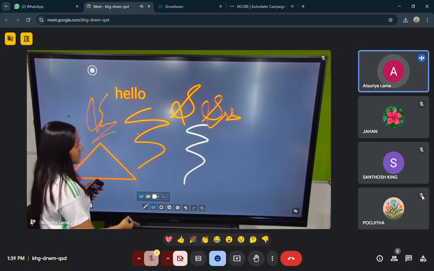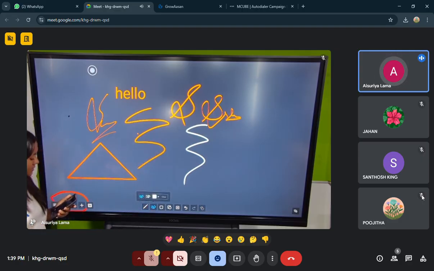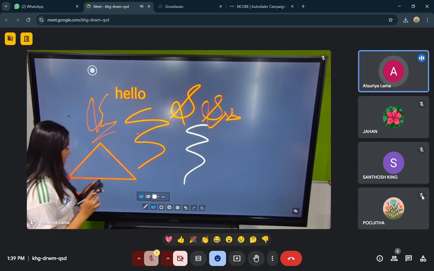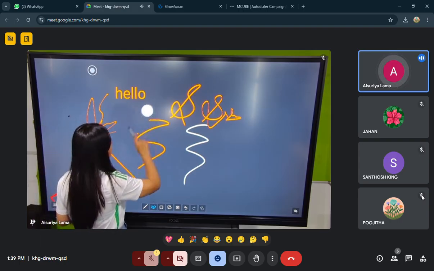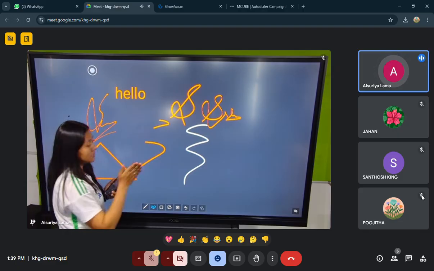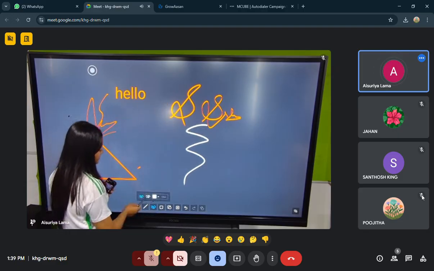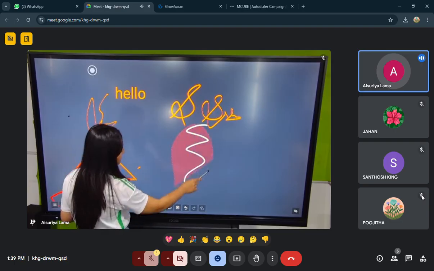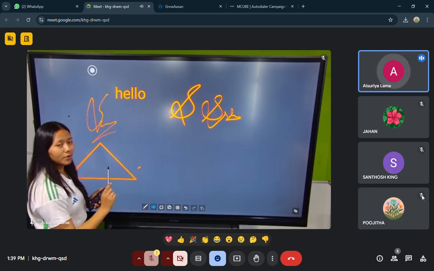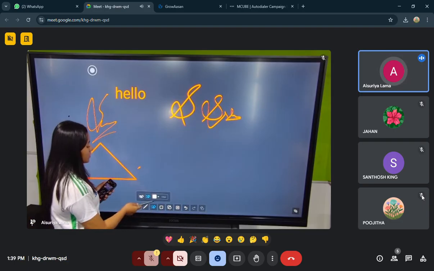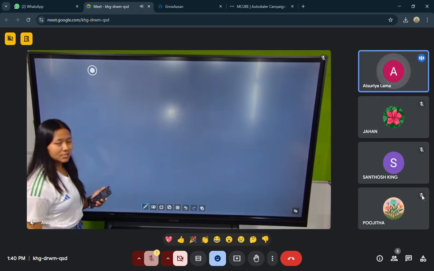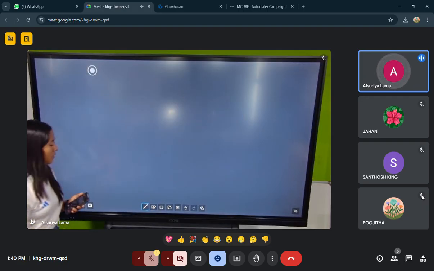And then if I'm writing something, I need to erase it too. So for eraser, we have 4 options. Firstly, I can erase it using my stylus. Secondly, I can erase it using my palm. Thirdly, I can use selection bar. I'll just select the area which I don't want and I'll erase it. Last but not the least, I can clear each and everything by clicking the clear all option.